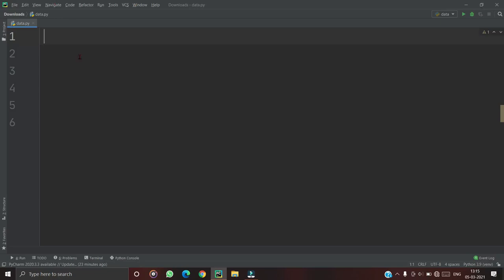So what exactly is a list in Python? The most basic data structure in Python is the sequence. Each element of a sequence is assigned a number, its position or index. The first index is 0, the second index is 1, and so forth.